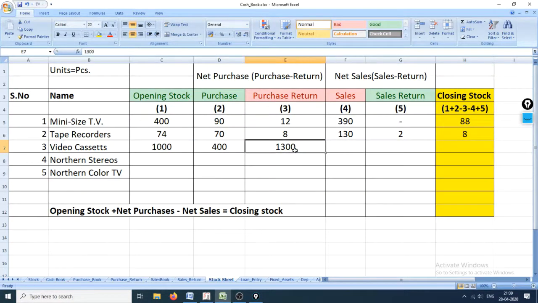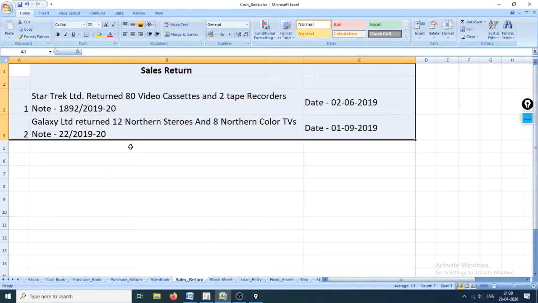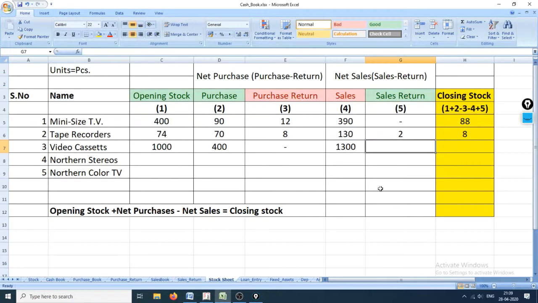And the sales return for video cassettes is 80. So 80 cassettes came back to us.